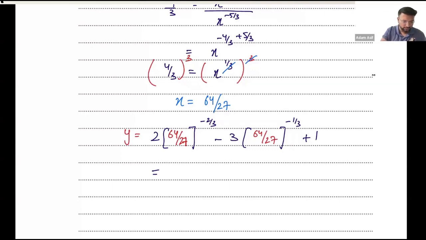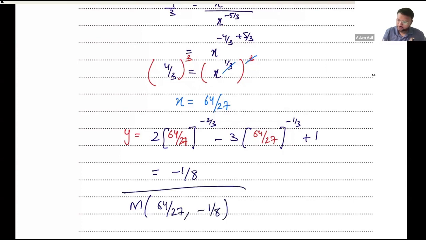I think so. ओके, सो पॉइंट M के एग्जैक्ट कोऑर्डिनेट्स आ जाएंगे 64/27, -1/8।